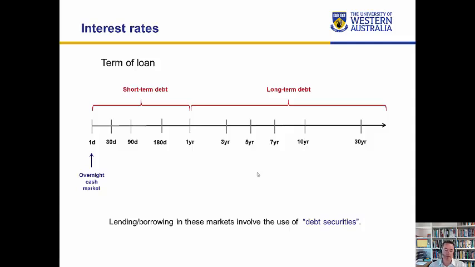Same sort of thing with companies, BHP, Rio Tinto. If they want to borrow a large amount of money to undertake a new project, they will enter these long-term debt markets and borrow the money there. If they want to smooth out their cash flow and just need a little bit of short-term money to use as working capital,